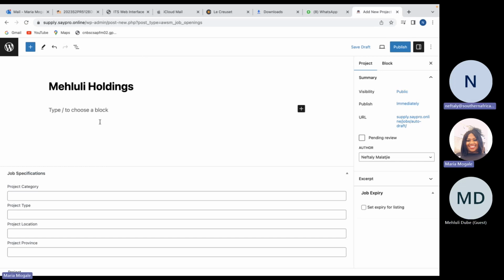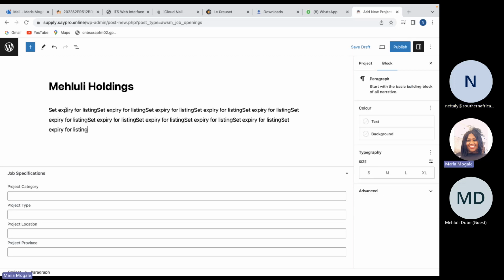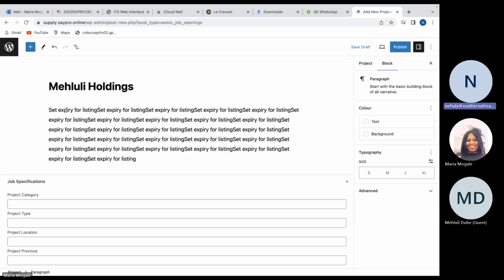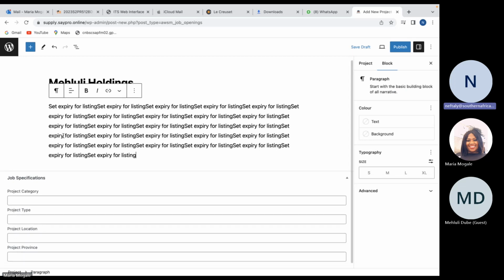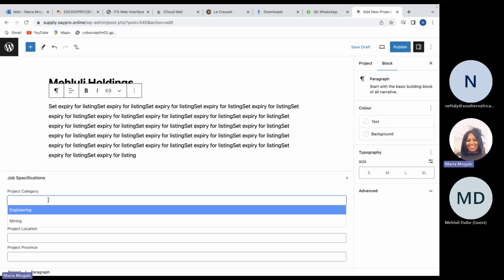If I can come in, this is specifically for the project, so it's not for adding the contractor. When you complete the form from a contractor, that is where you will be able to enter your information.